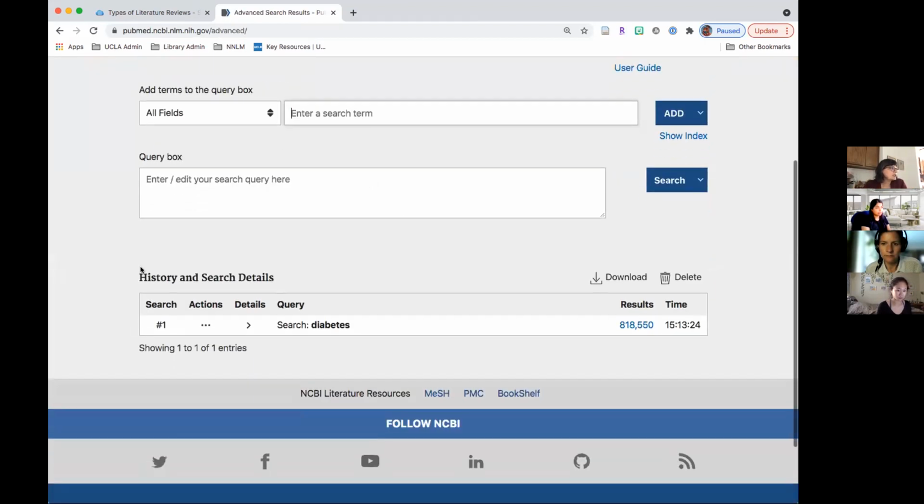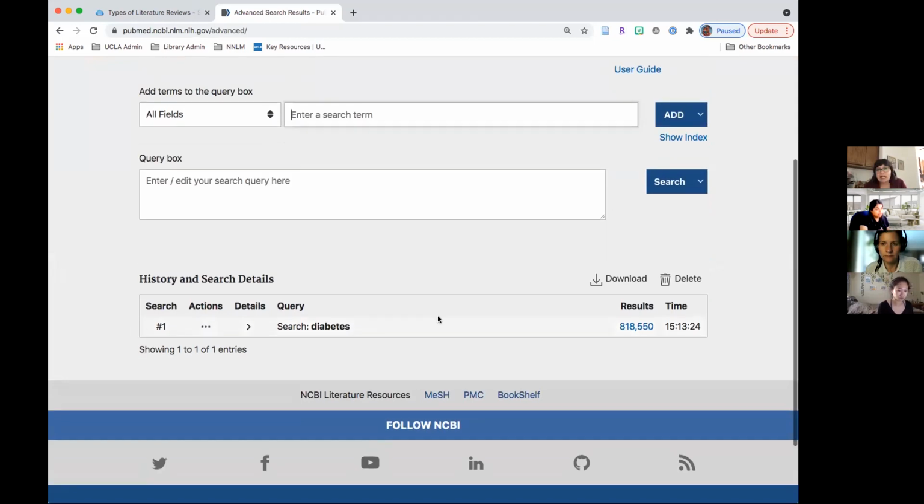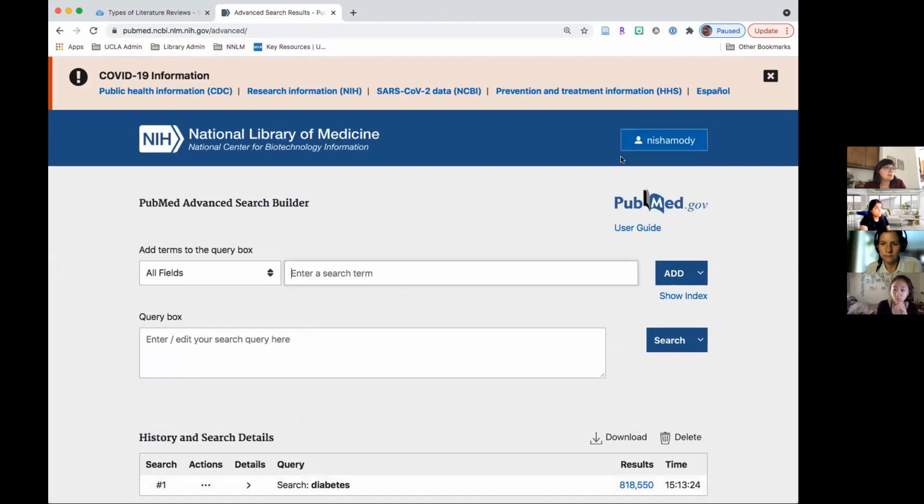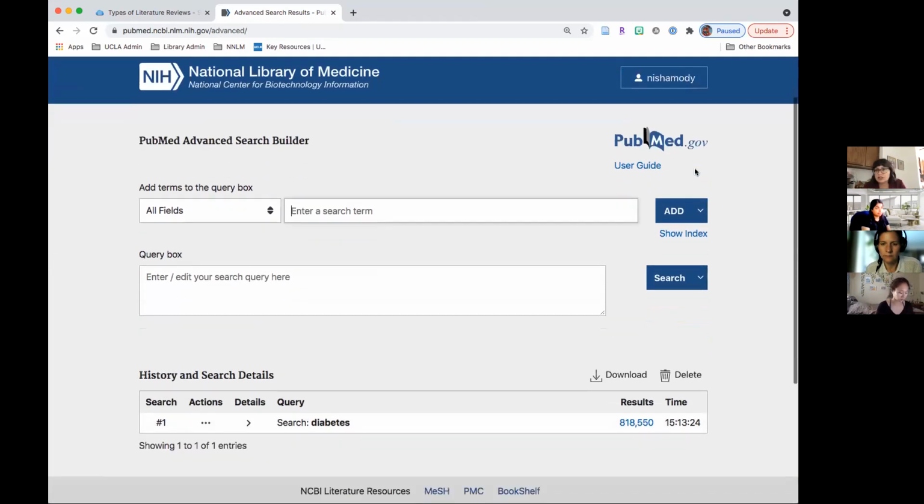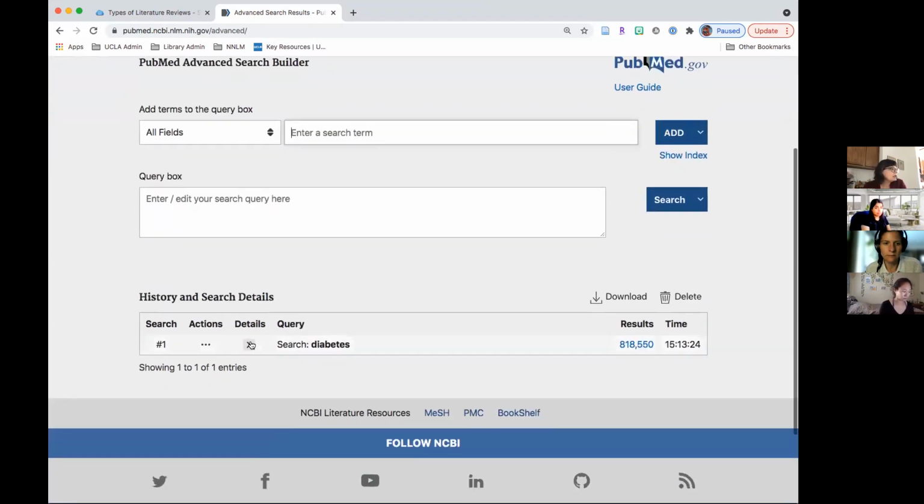you will see, first of all, saved searches, I believe, for the last 8 hours. So it's really helpful, especially if you start going down rabbit holes, to know that previous searches are always saved here. I also suggest creating a My NCBI account. You could see I'm logged in. You could save searches that way too. So if you see this little caret next to the diabetes search,